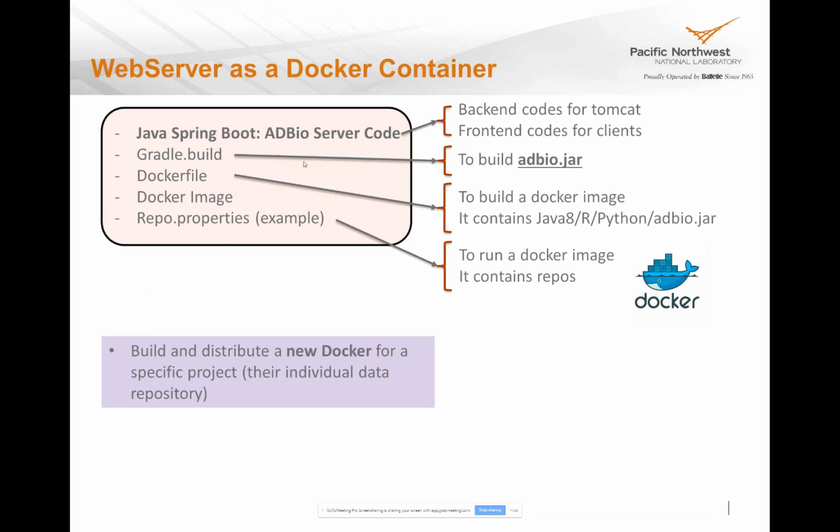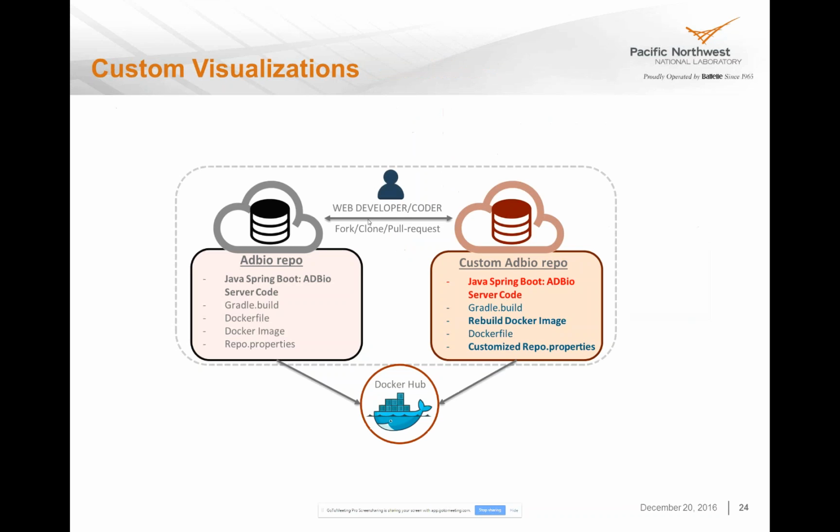And the last thing is, like I mentioned, the web server itself is a repository, can be changed and customized to a specific project and built into a Docker image and then run as a new web server. That's done by somebody who's a web developer saying, I want a new visualization that you haven't thought of before. And so I'm going to write a new JavaScript file, HTML file. It's going to show things in a new, cool way. That is able for them to create their own Docker image, or they can do a pull request and we can adopt it as part of the main project.